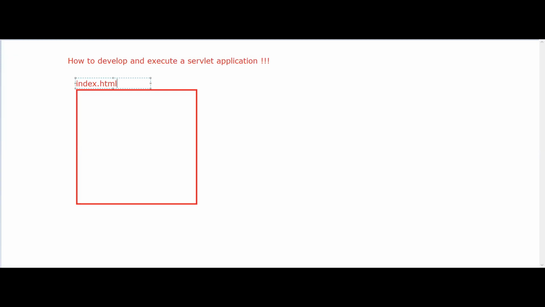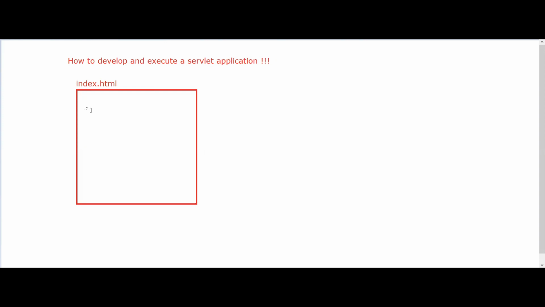First of all, whatever problem task is given, you have to understand the problem task. Once you are able to understand the task, then you can develop the application. Suppose I have a form, and the form file name is index.html.